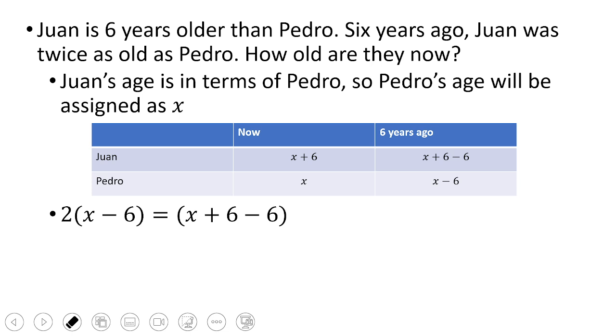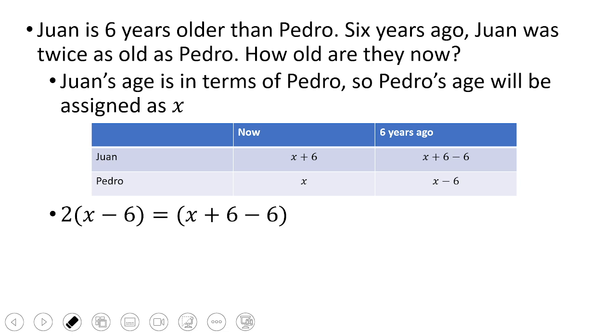In the same manner, Juan's age right now is x plus 6, so his age 6 years ago must be x plus 6 minus 6, or of course you can simplify that as simply x. And then how will we now form the equation? The equation will be based on the second sentence here, which says 6 years ago, Juan was twice as